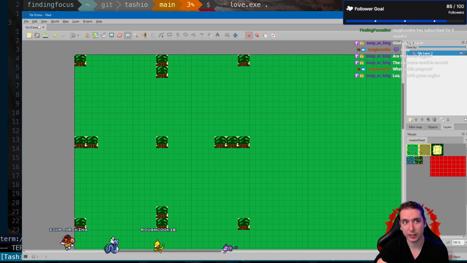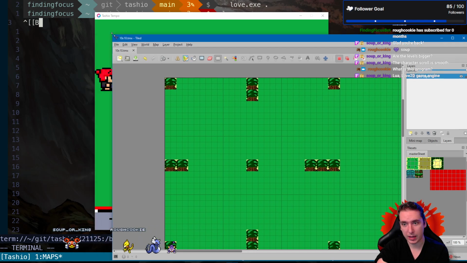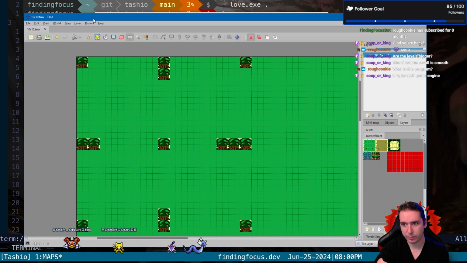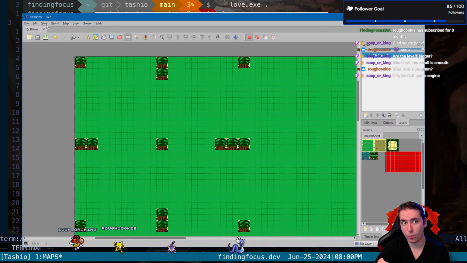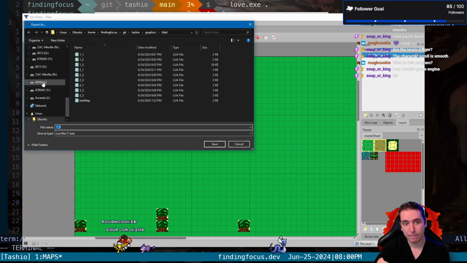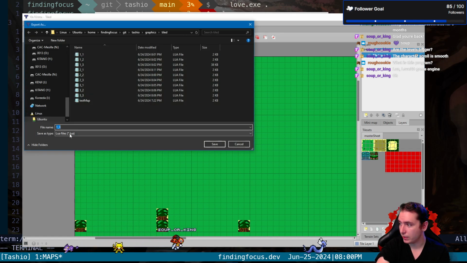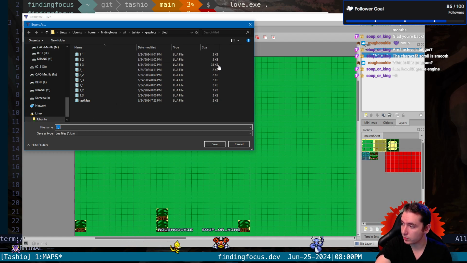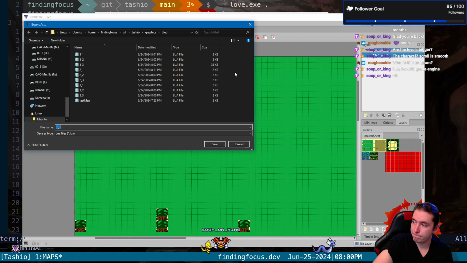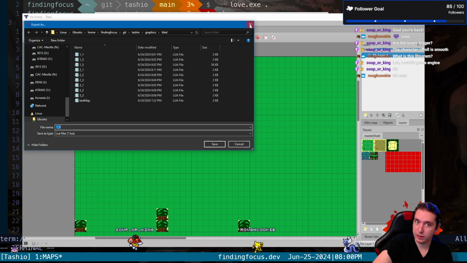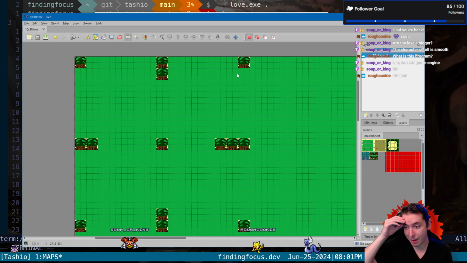This is called Tiled, and it is a tile editor for Love2d. So when I go to export these, it actually saves as a .lua, and I'm able to use this library that, I import the .lua and it knows exactly how to render it. The people who invented this app and that library make it really easy to just export each thing and pull it